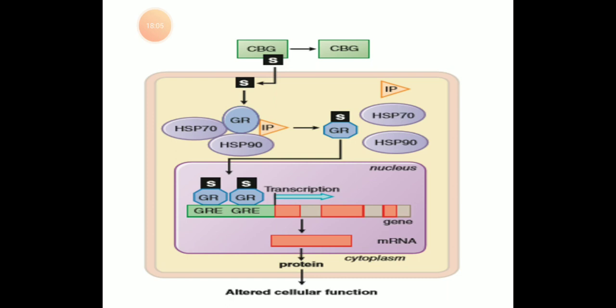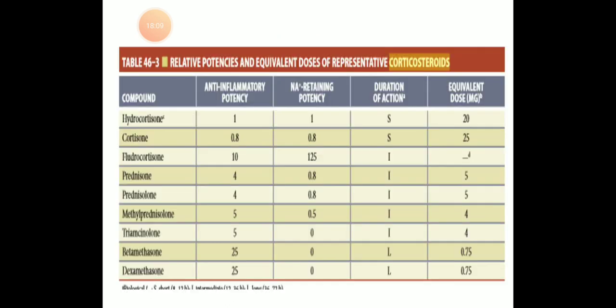There are different pharmacological actions which we have been observing with glucocorticoids, and those are basically their effect on carbohydrate and protein metabolism, where they inhibit peripheral utilization of glucose by skeletal muscle, inhibit the incorporation of amino acids into protein in the peripheral tissue, and promote the conversion of amino acids into glucose in the liver. All these steps basically help to maintain adequate glucose supply in the brain.